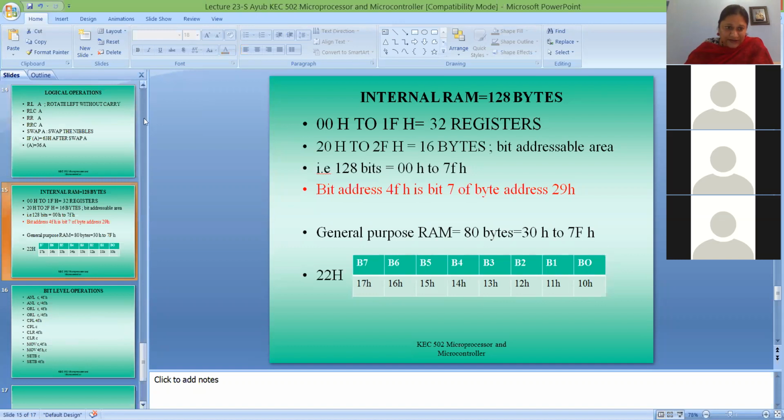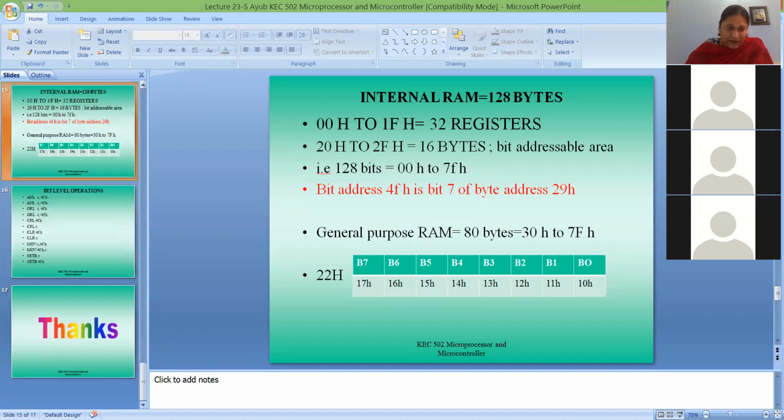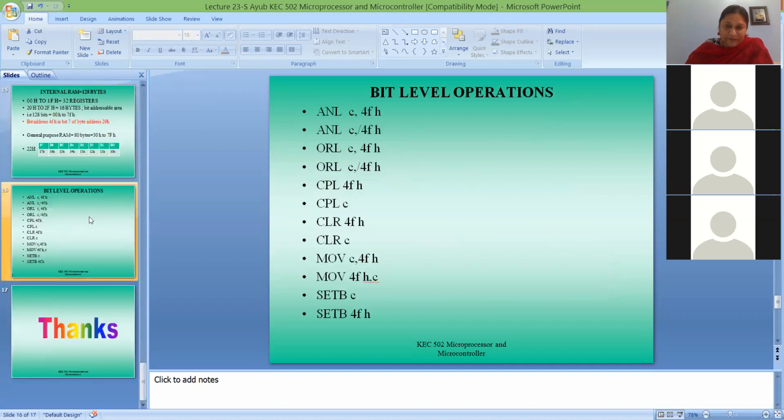Let us see one example. If I write my instruction like this, ANL C, 4F, that means whatever is in bit 7 of the 29th memory location, it may be either 0 or 1.